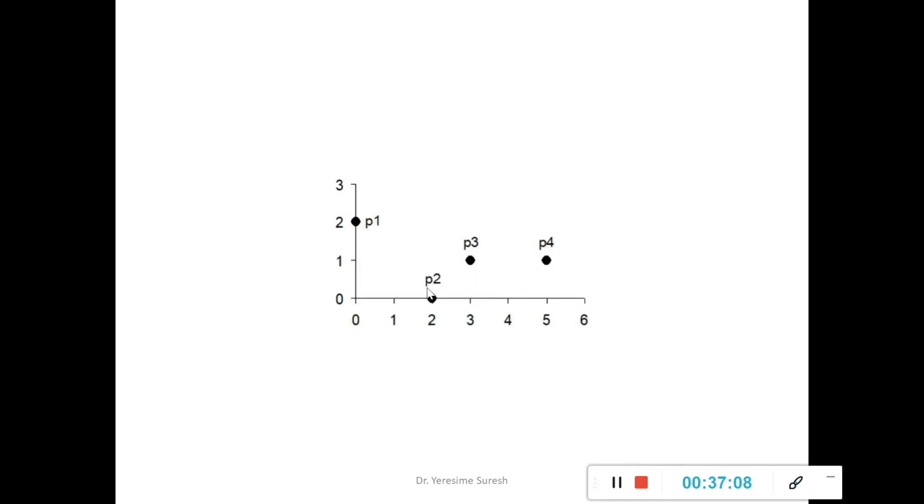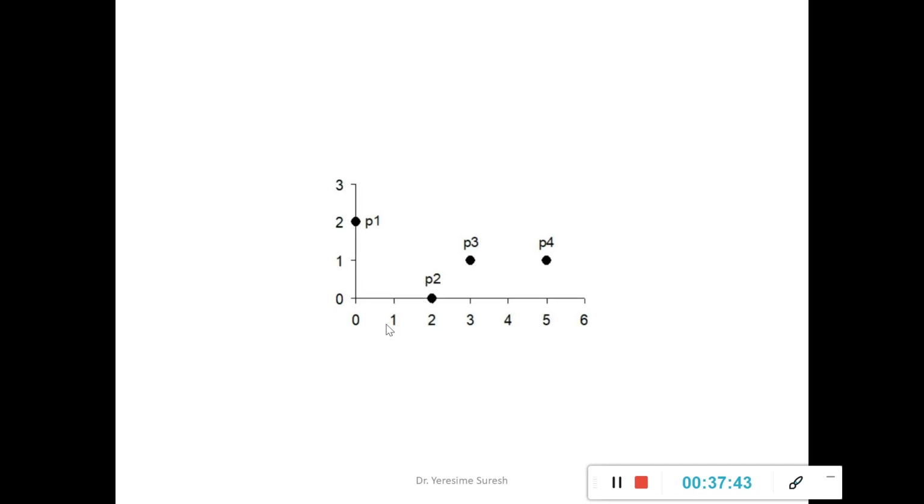Now I have plotted the same thing in terms of a graph so that I can see which points are nearer to each other. If I observe keenly here, P2 and P3 are closer to each other, P3 is closer to P4, and P1 is far away from P2, P3 and P4. So I can start grouping P2 and P3 in one group, then I can combine P4 with P2 and P3, but not P1, because the P1 data object is very far from these three. So these three will form one cluster, and P1 will remain in another cluster.